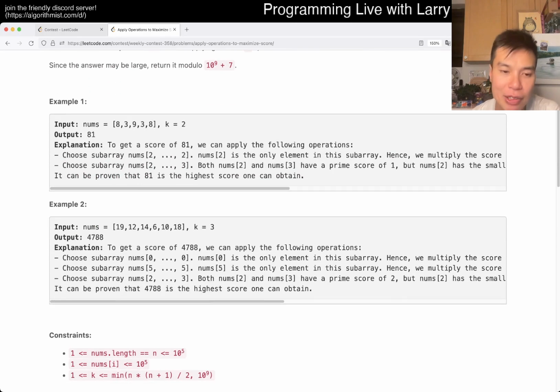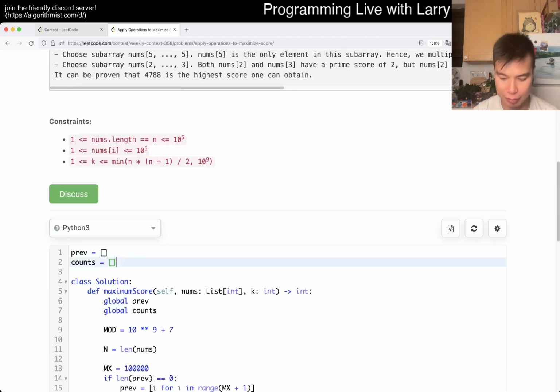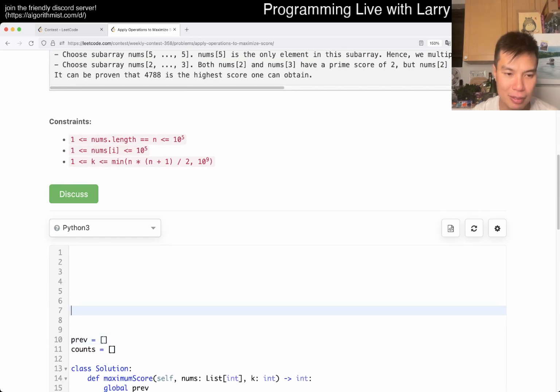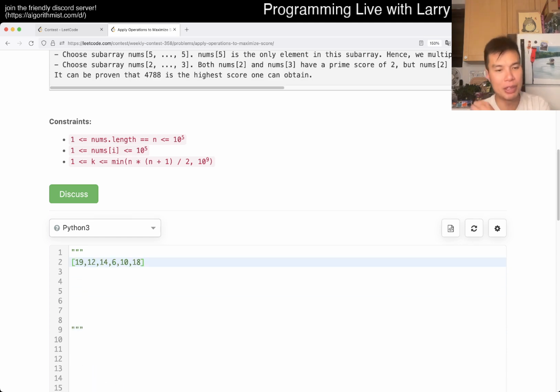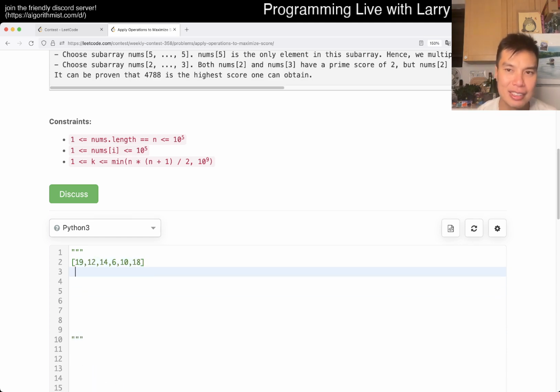Okay, so now you have to figure out, I know that I said you have to take each number and figure out the contribution, but what does that actually mean? What that means is that given an array, let's say 19, let's ignore the K part for a second, right? Let's say your K is every number, or every pair of numbers, right? So then the question is,